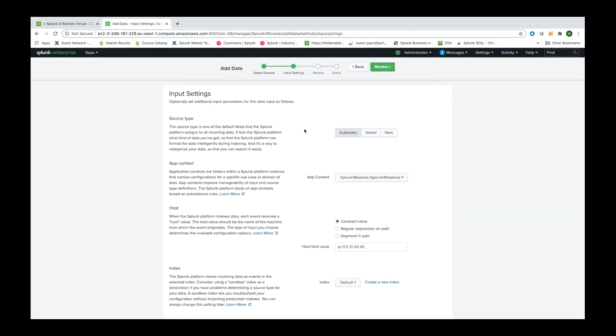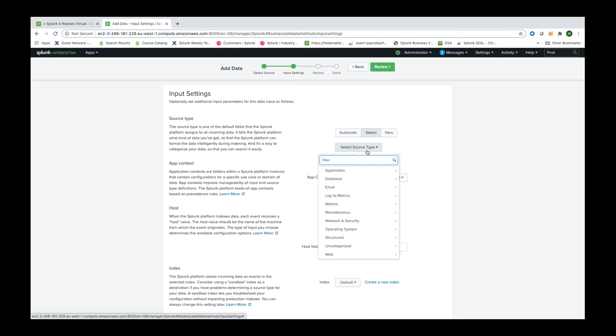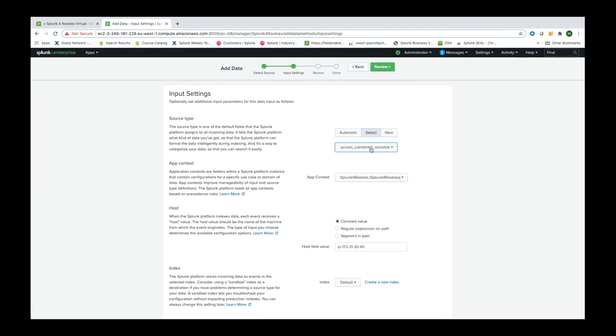So basically here you have the ability to click automatic for the source type or to select it. So what we will do here is that we will select the source type. And here what you want to find is basically access_combined. So you can click here, type access, you see, and basically you can select this specific source type. National Center for Supercomputing Applications Combined Format, HTTP Web Server Logs. So here that's the one we want, access_combined_wcookie. All right, so as you can see, we have lots of source types here, which again makes the ingestion of